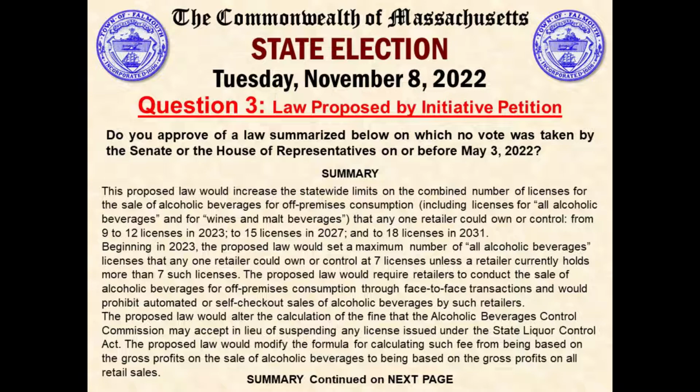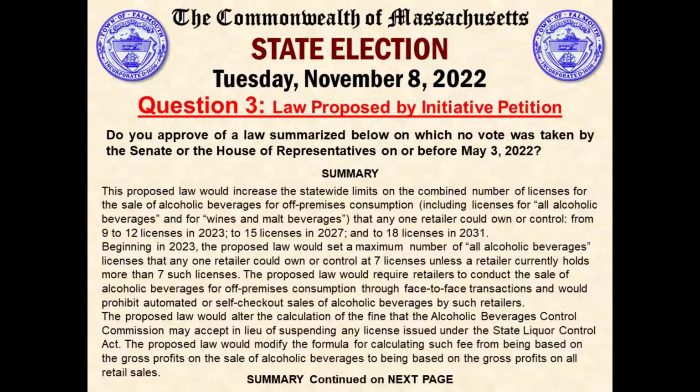Summary. This proposed law would increase the statewide limits on the combined number of licenses for the sale of alcoholic beverages for off-premises consumption, including licenses for all alcoholic beverages and for wines and malt beverages, that any one retailer could own or control, from 9 to 12 licenses in 2023, to 15 licenses in 2027, and to 18 licenses